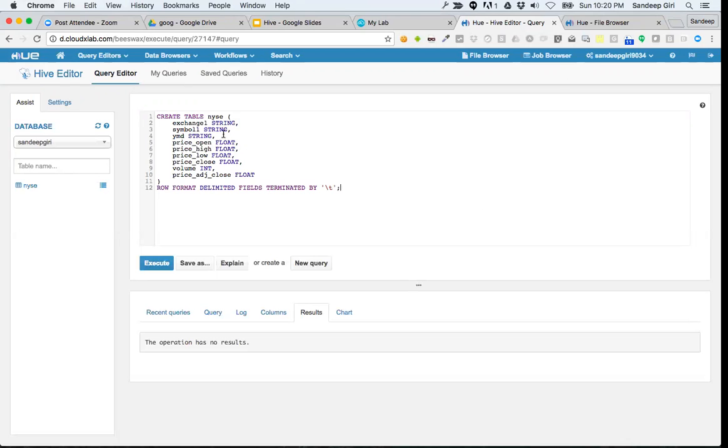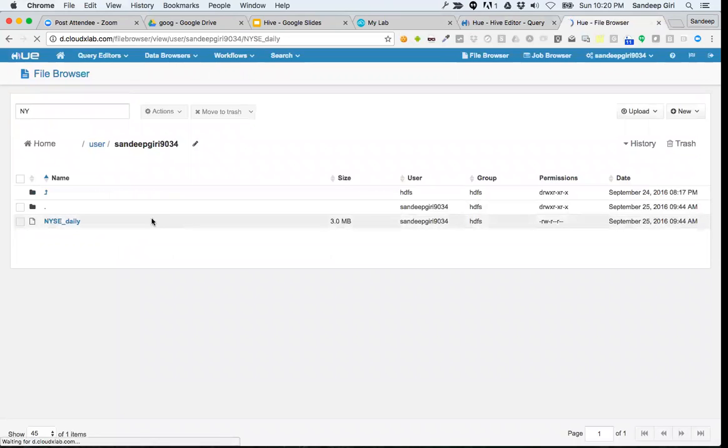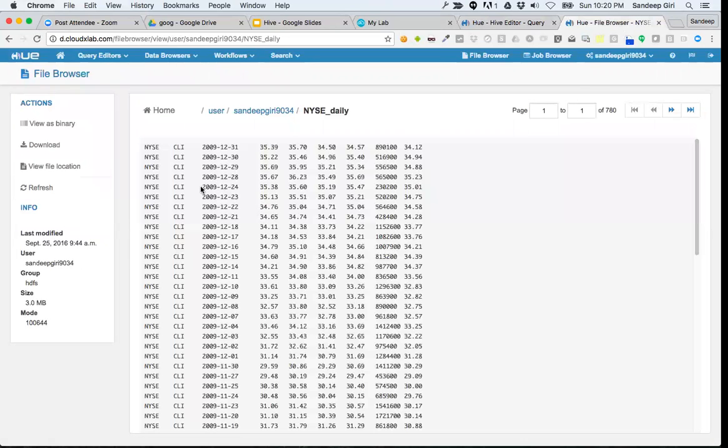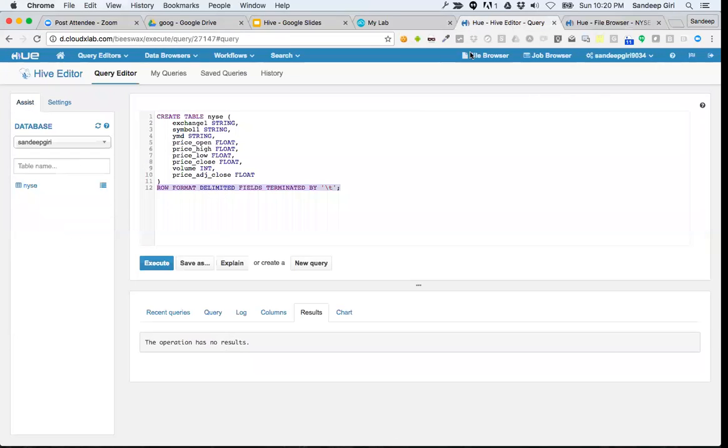Okay, so when we create a table, we are just creating an empty skeleton. We are saying that this table would be on the data that is tab separated. And why have we mentioned it? Because our underlying file would be in the tab separated format. All right. Now, once we have done this,